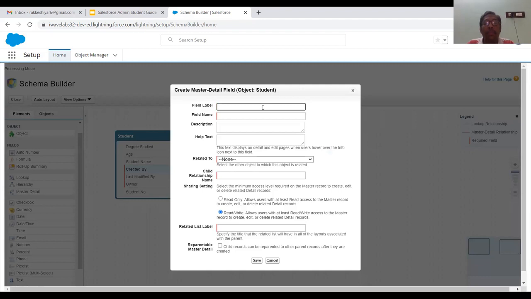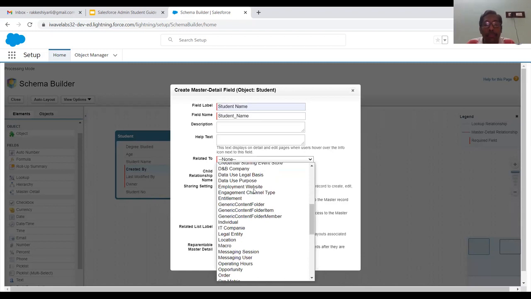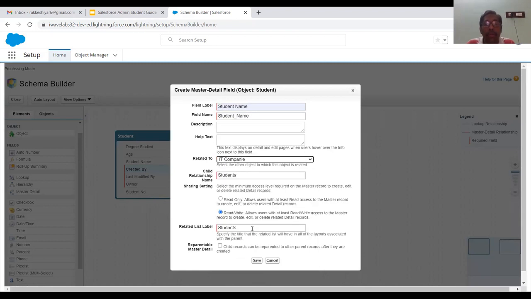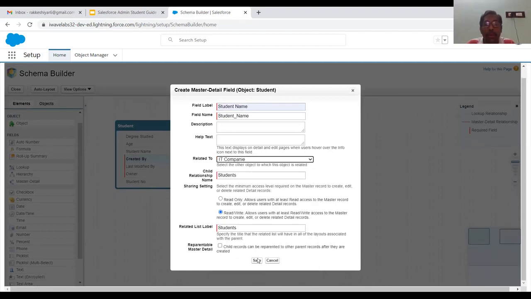So now it is going to ask the field name. Go with the student name, and related to what? Related to IT company. I'm going to say IT company, so based on student. Now click on